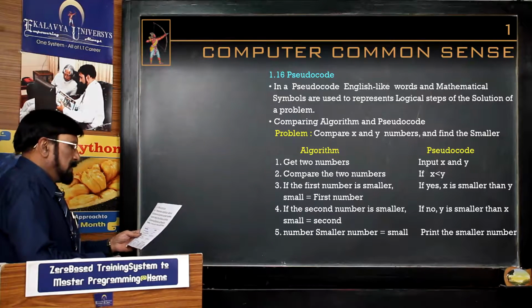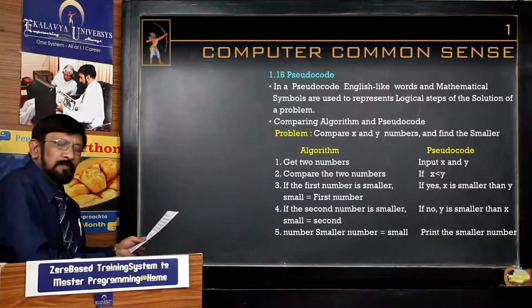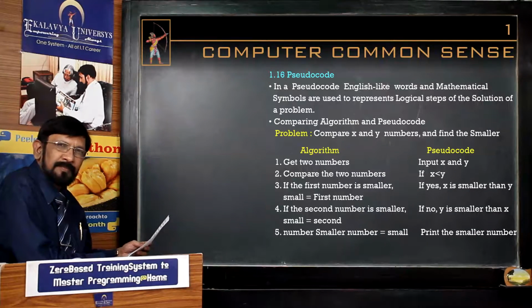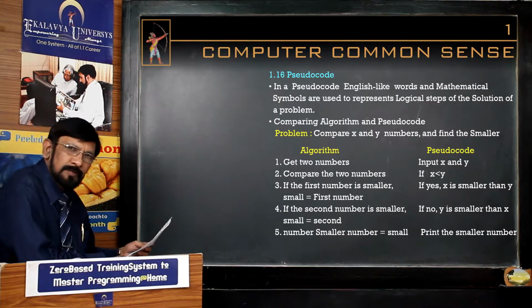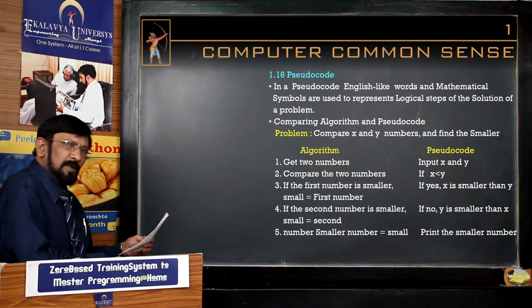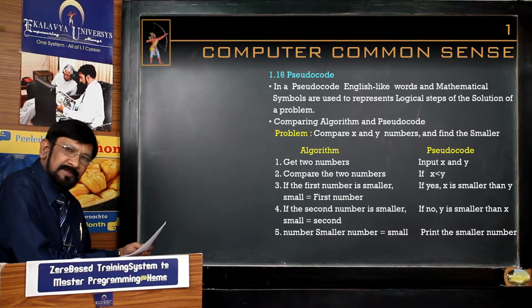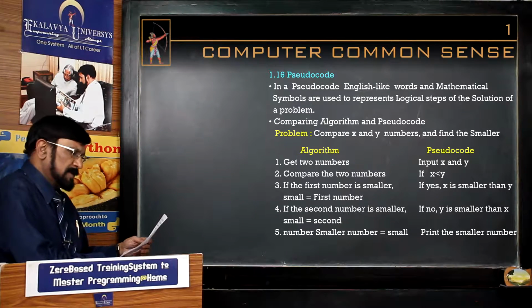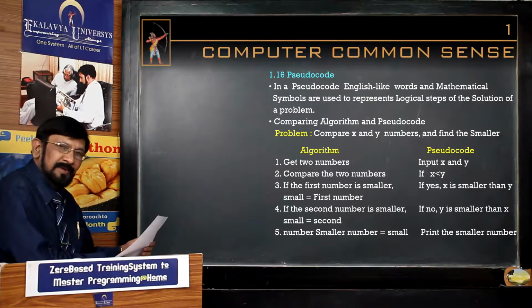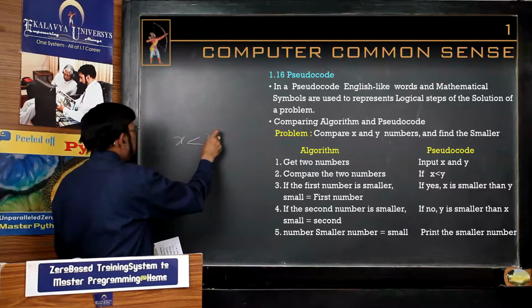Go through them thoroughly. Mainly focus on the pseudocode: input x, y. It means we have to enter two values because we have to compare two values and find out the smaller number. That's why input x and y. Thereafter, if x is less than y, that you are able to understand. If yes, that is, x is less than y, we are writing: